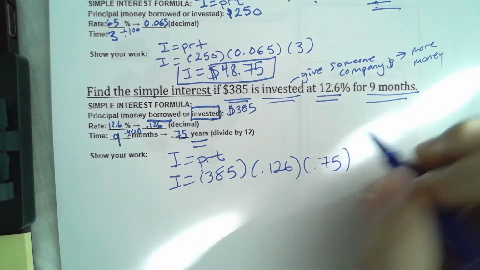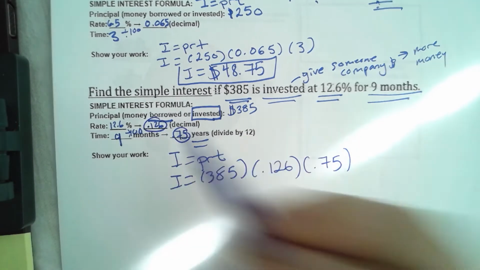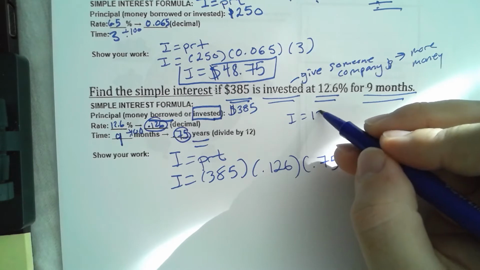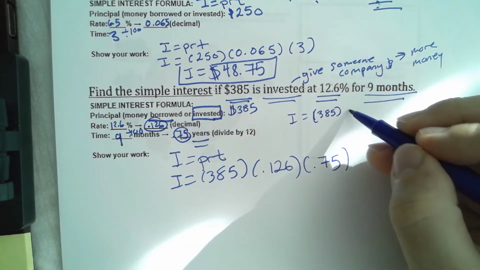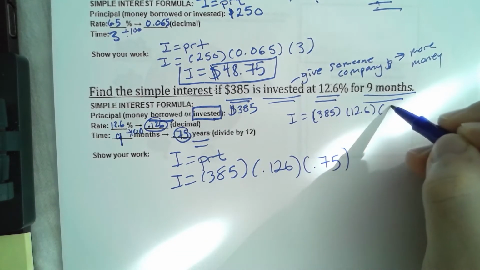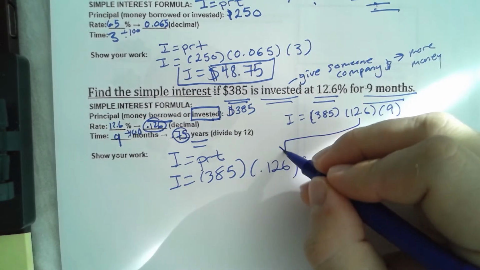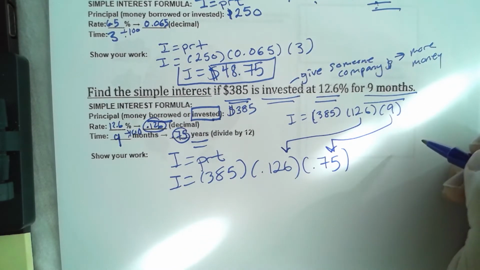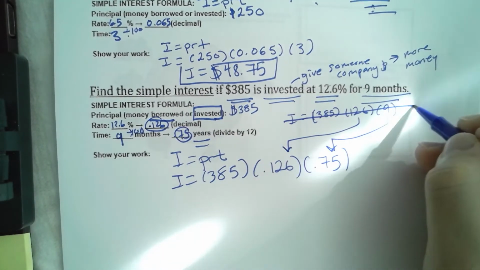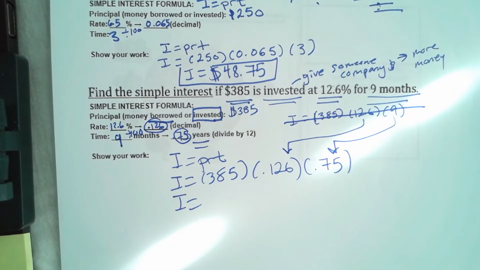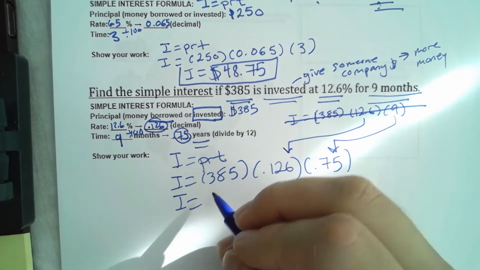Make sure you're using these numbers. If you do this, this is wrong. Don't say 12.6 times 9. This is wrong. You need to change this to a decimal, and you need to change this to years. So all you've got to do now is multiply 385 times 0.126 times 0.75, and I get